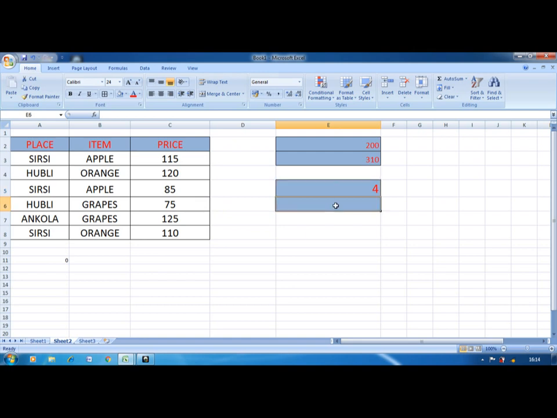Now I want to find those numbers which are less than 100. Again the same, count if opening bracket, then this one is the range, comma, less than 100.